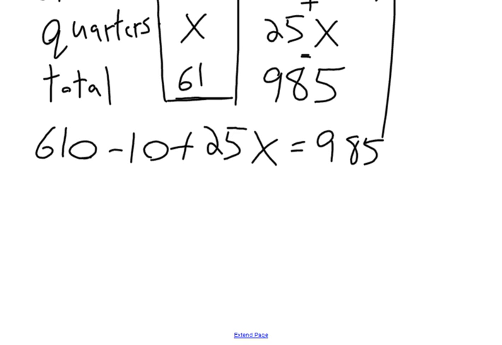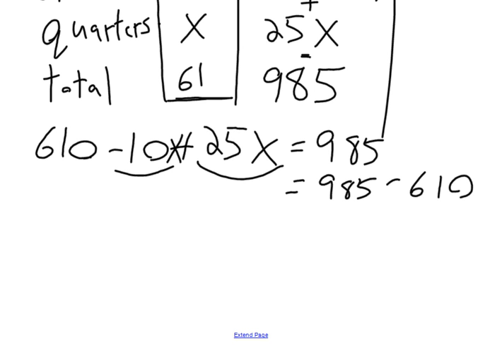Okay, so we just go through the algebra to solve this. Oh, this was 10x. Apologize, I didn't write that down. So, we have 610. We don't like that on the left side. We're actually going to take away 610 from both sides. So that cancels out on this side. We're subtracting 610 from both sides. So, on this side we'll have 985, take away 610. We're left with, on this side, negative 10x and positive 25x. So that's 15x is equal to, we can do this arithmetic,